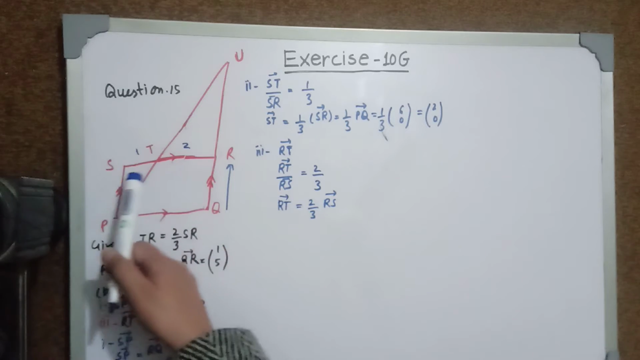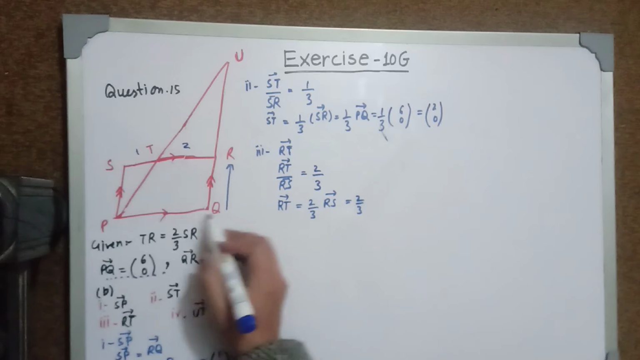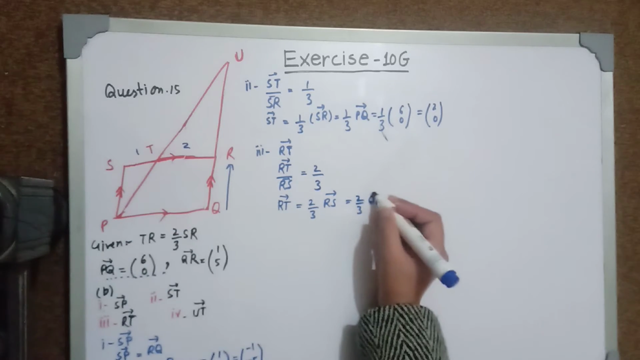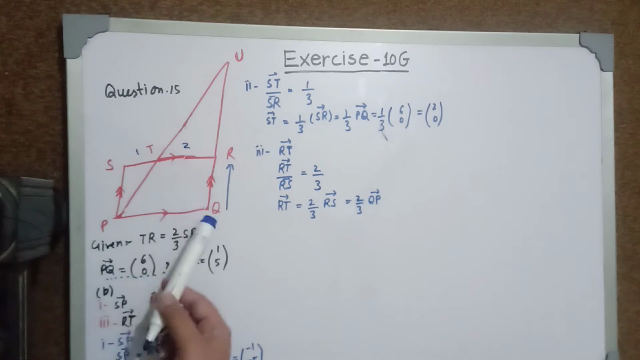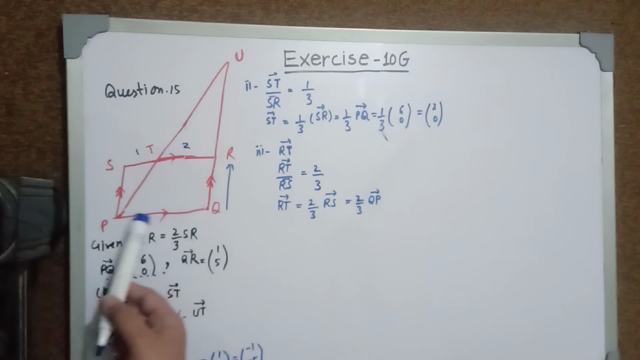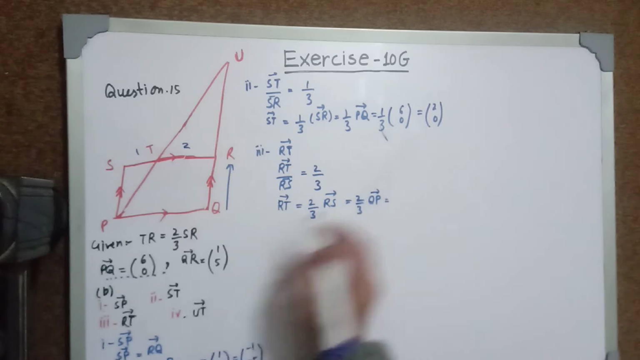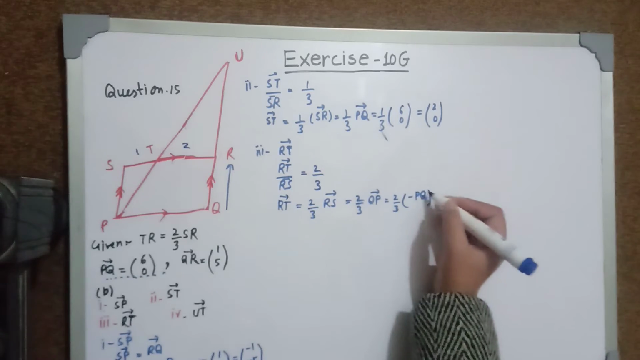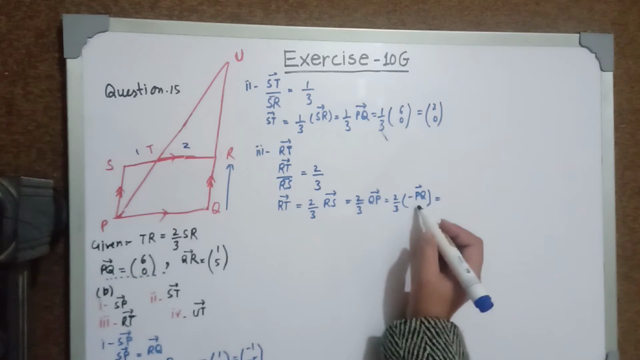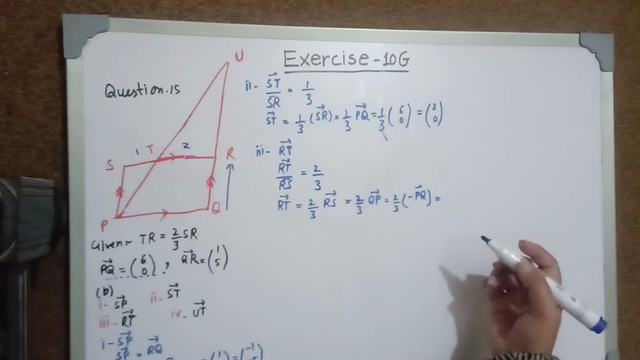Now you can see that RS is equal to QP. So I'm going to write it as 2/3 of QP. Now you are not given the coordinates of QP, you are given the coordinates of PQ. We know that QP is opposite of PQ, which means that QP is equal to minus PQ. So on substituting the column vector of PQ, you will get the answer of RT